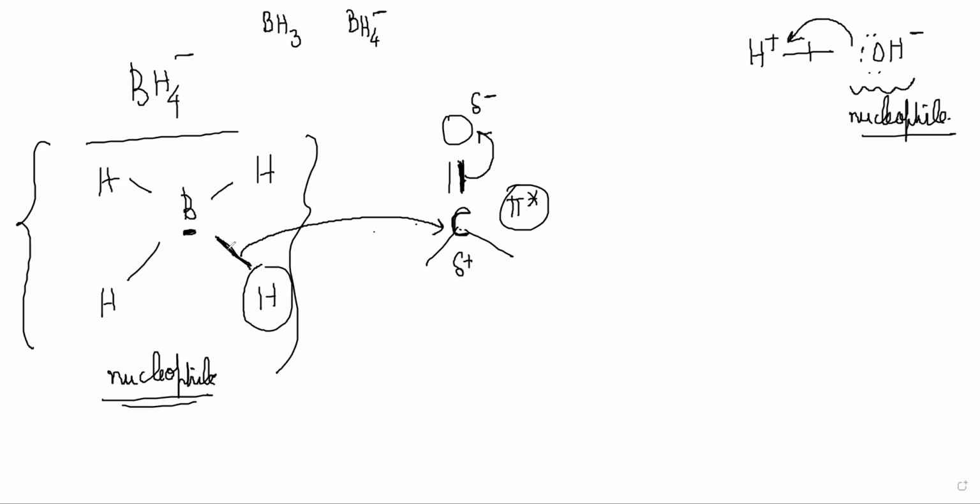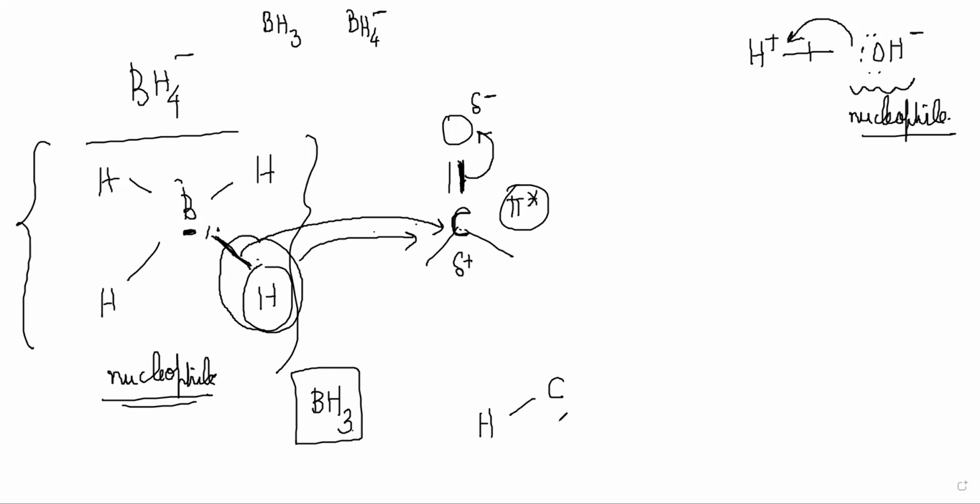So what has technically happened is both the electrons of this bond have been taken with the hydrogen and gone here. If hydrogen takes both the electrons from the bond, the remaining molecule will become neutral, because it was sharing one and it took both. So it will become CH, and these two are regular bonds that are already there, and this becomes